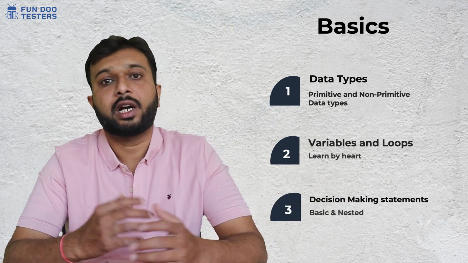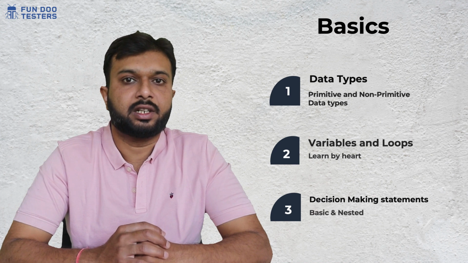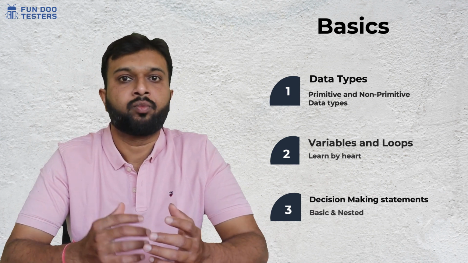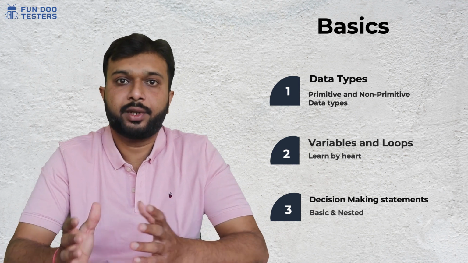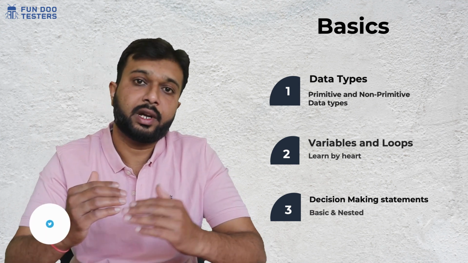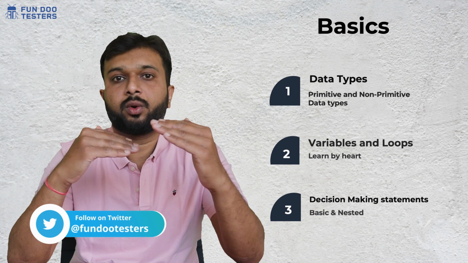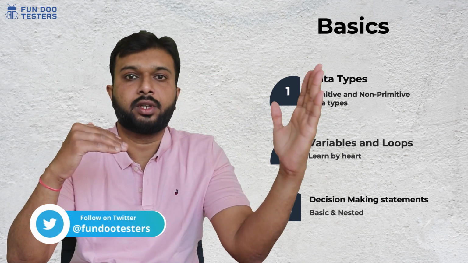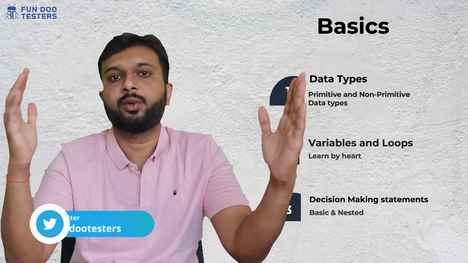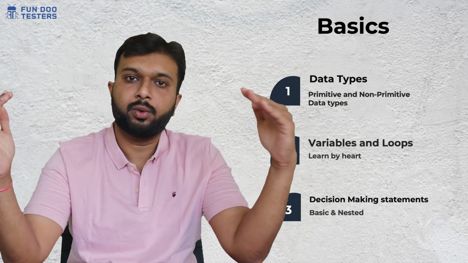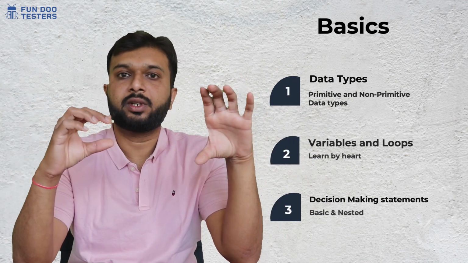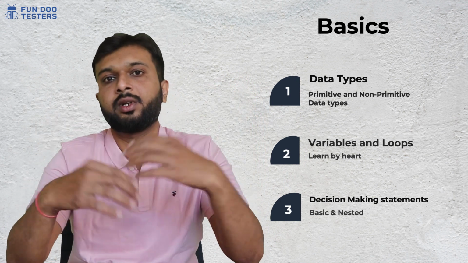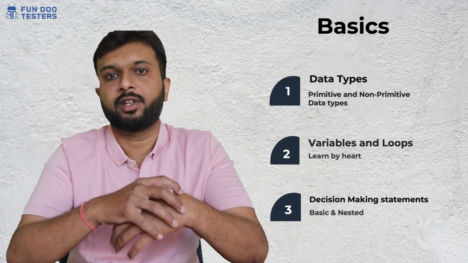Later on you can start the decision-making statements like if-else and the switch statement. These statements you need to understand, and after that you can correlate all the concepts. For example, you understood for loops, while loops, and you know if-else. So you need to merge them together. You need to write a for loop, put if and else inside, and start writing and getting familiar with the code.